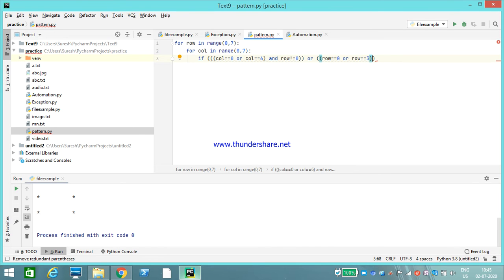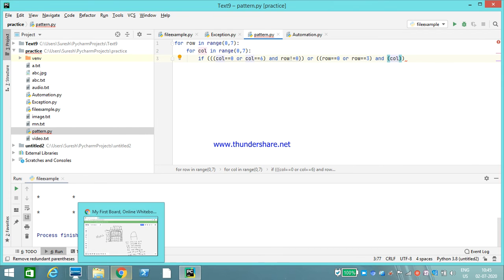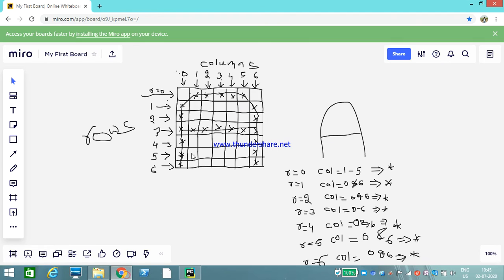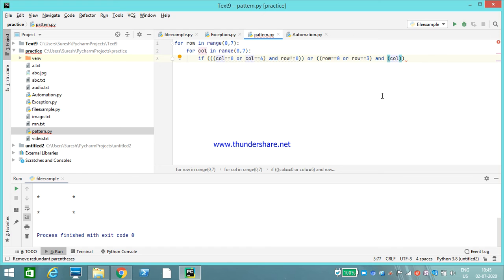Next, we need to check the condition to exclude column 0 and column 6. We need to only print columns 1, 2, 3, 4, 5. We need to exclude 0 and 6 in both row 0 and row 3, right?